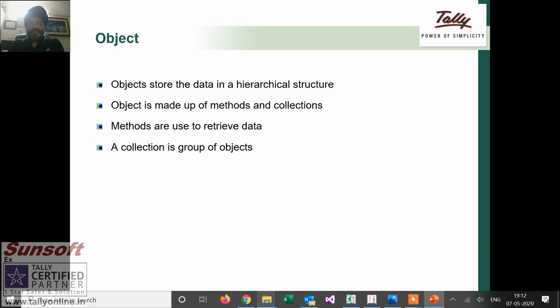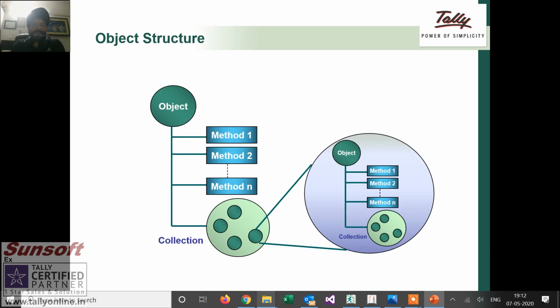And those familiar with programming languages must be familiar with collections. It's a collection of objects. So that is what an object is about. Now in Tally, an object can further have a sub collection. We will not call it a collection. We'll call it a sub collection, as the data is stored in a tree, hierarchical manner. So an object can have methods and further a collection, and the collection can further have objects, methods and collections. So a collection can have a sub collection, and a sub collection can further have methods and collections.